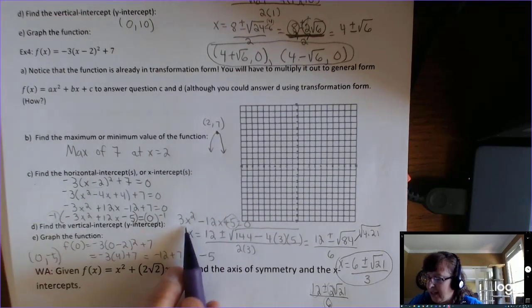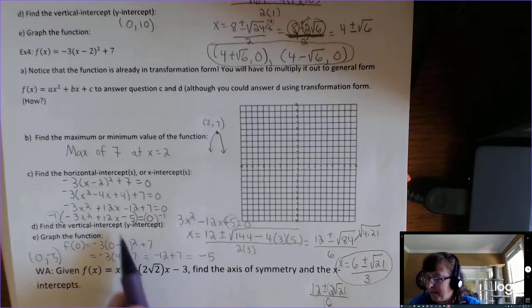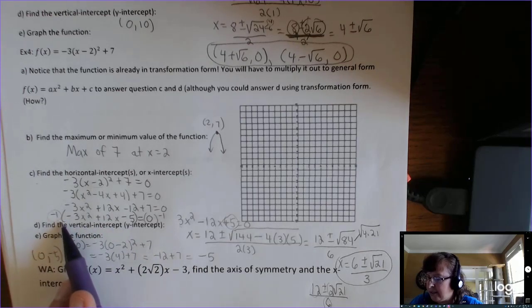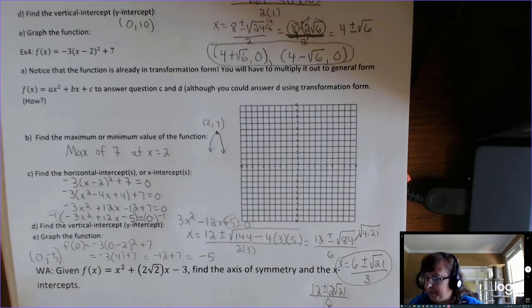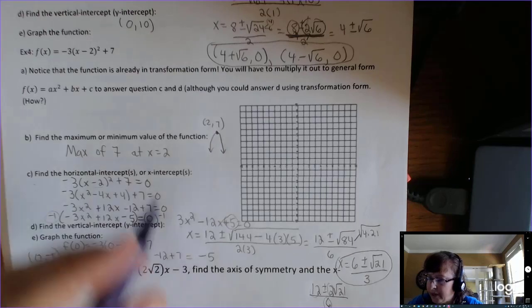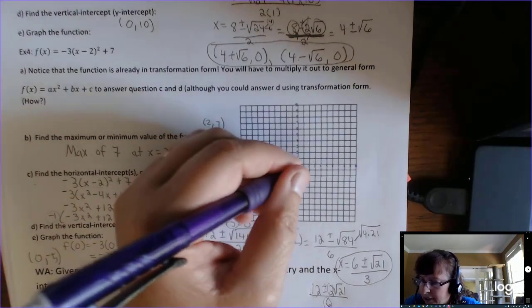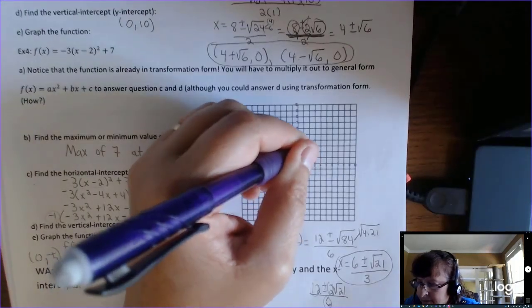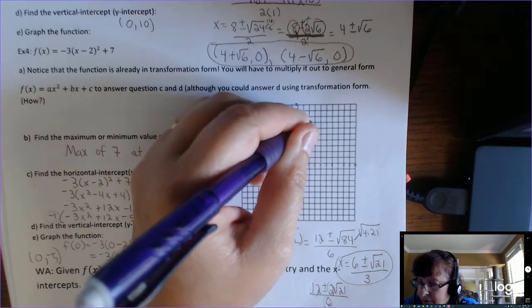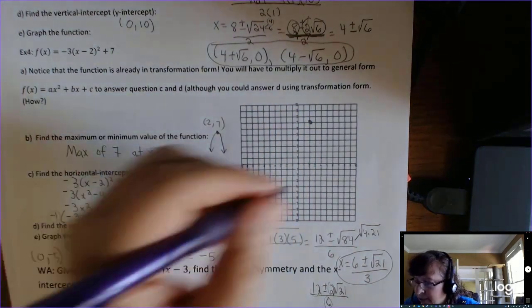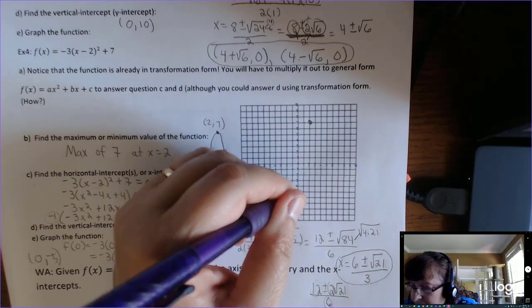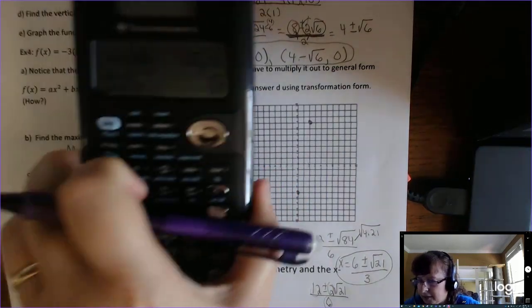If you look at that, that's wrong, see? Because I changed it when I told you to get rid of the negative in the front. Okay, so let's graph it. We have a vertex of (2, 7). It's going down. We have a y-intercept of -5. We have to figure out where these